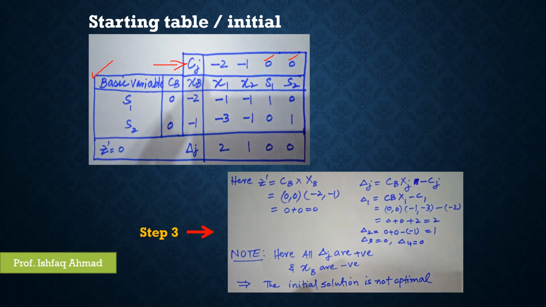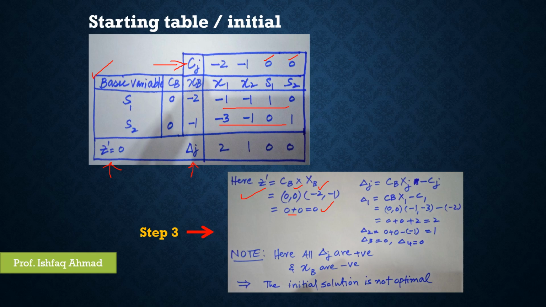Here is minus 2 and minus 1. So these values are the coefficients of the constraints in the problem, and then we calculate two things. One is z dash and second one is delta j. This is how to calculate z dash. Z dash, we use this formula. We multiply CB values with XB values. These are the two tuples, and we can multiply and find the values. We multiply 0 with minus 2 and 0 with the minus 1 and we add them. Then we come up with the value that is z dash is 0. So that's the solution value at this stage.